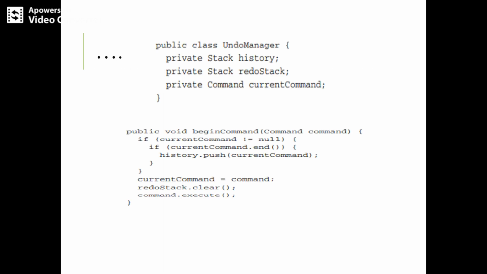Looking at this code, public class UndoManager has a private stack history and redoStack. In beginCommand, if currentCommand is not equal to null, currentCommand.end and history.push the current command. Then currentCommand equals the new command, the redoStack should be cleared, and we execute command.execute.